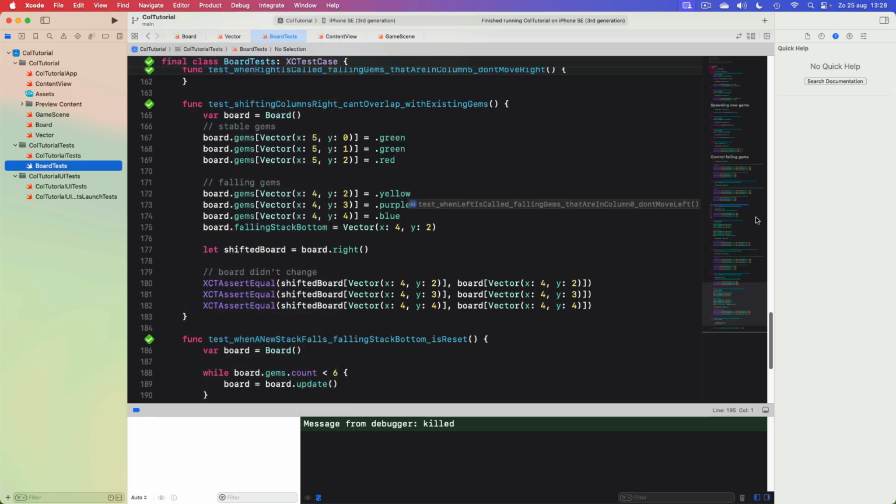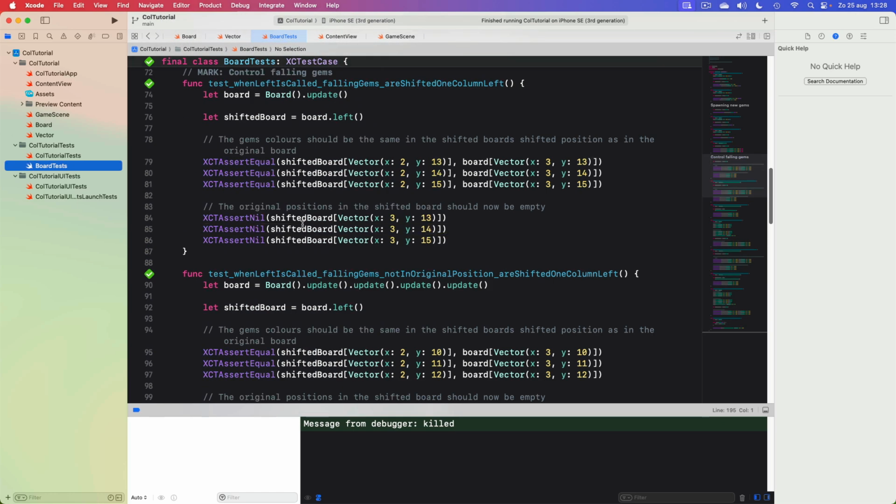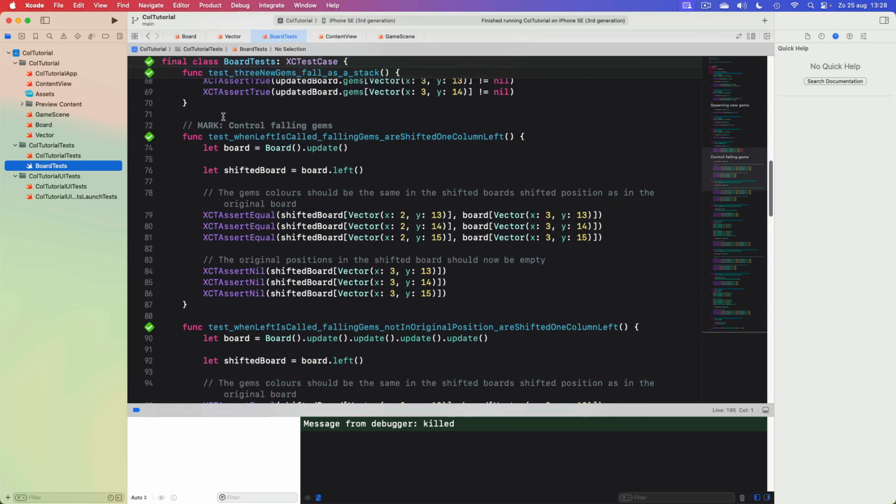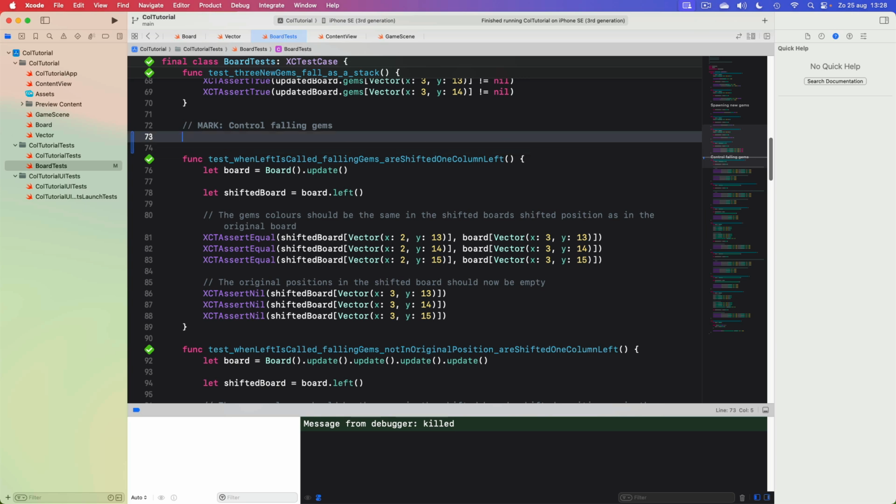There it is. We have a lot of tests that have a lot of repetitive code, and we can clean this up a bit if we create a couple of dedicated functions. So let's start there. We'll create a private function we call compare stacks, and these take one board